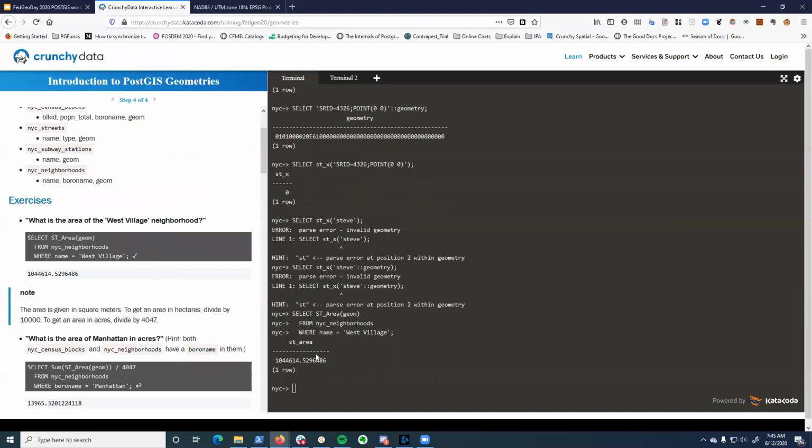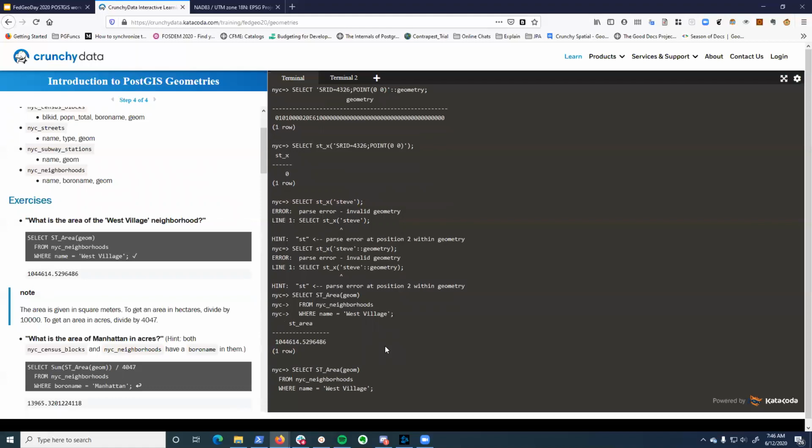UTM gives its answers in meters. It's projected. So for the two PMs, who may not know as much GIS stuff, UTM gives its units back in meters by default. And so what the note is saying is this is square meters. If we want to get this into hectares, we have to divide by 10,000, right? Or to get it into acres, since this is America, we speak American here, let's make it into acres. What we would do here is divide by